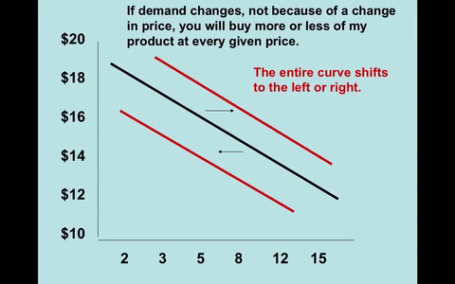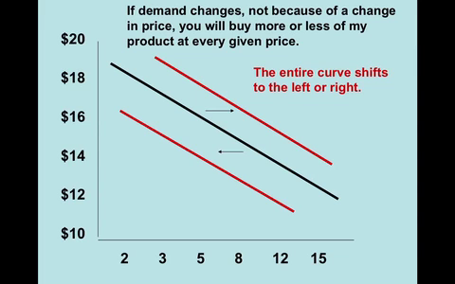And again, if you look at that black curve and the red one to the right, when you move out there, at every single price point, you will demand more. In the opposite, if you look at that bottom curve on the furthest one down to the left, we've shifted to the left. Every price point for our product, this is related to other issues, and we're going to go through those here in a second.